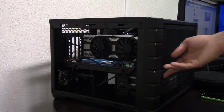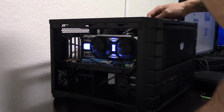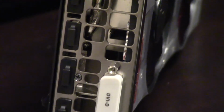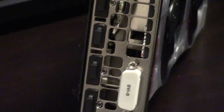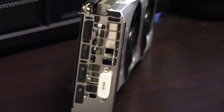and white LEDs that grace not only the front of the card but the top of the card, so you can see that annoying white LED from any point of view. Sorry guys, no RGB here. The things that matter visually are the 3 display ports, single HDMI and a single dual-link DVI. Keep in mind that there are no analog outputs because there's no DVI-I, so VGA ports on your monitor will